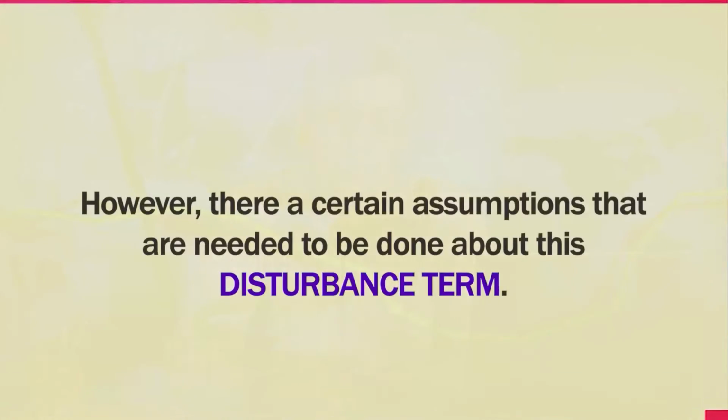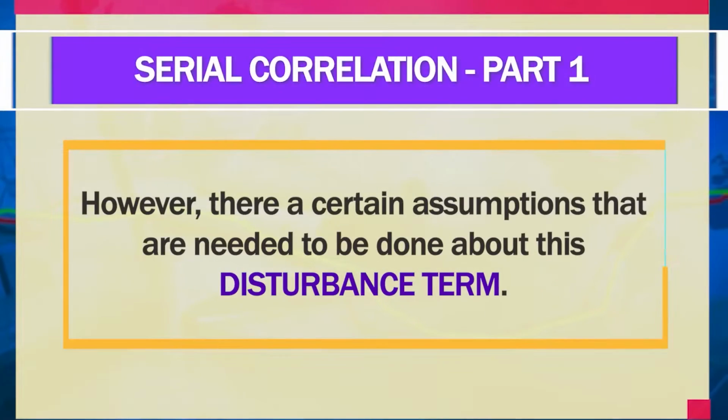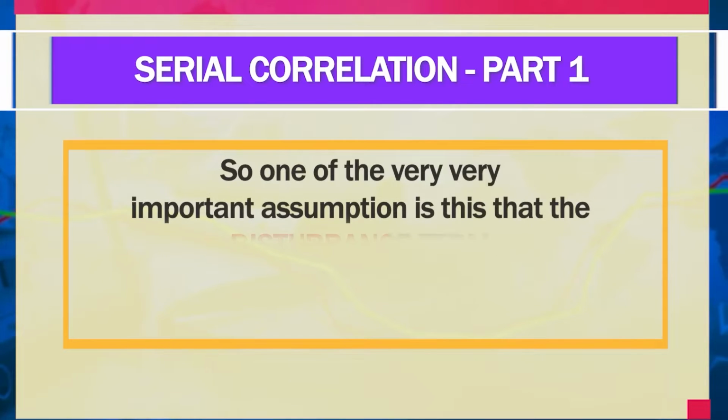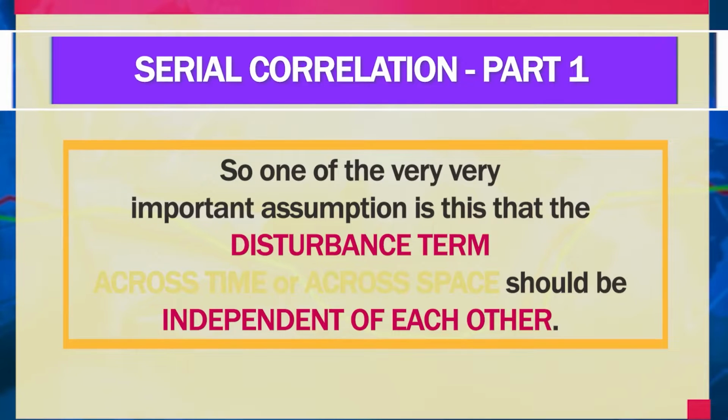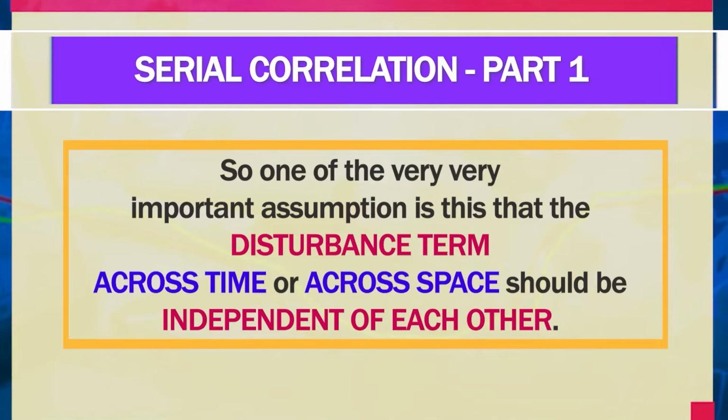Whenever we are incorporating the disturbance term, we are capturing a lot of omitted factors or unobserved factors which may or may not affect the dependent variable. However, there are certain assumptions that need to be made about this disturbance term. One very important assumption is this: the disturbance term across time or across space should be